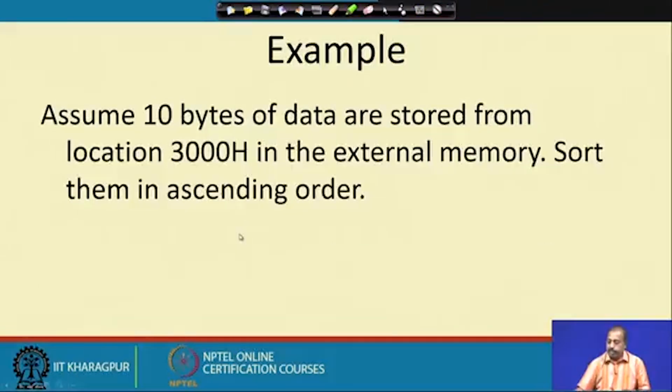So, we assume that there are 10 bytes of data stored from memory location 3000 hex in the external memory, and we want to sort them in ascending order. Okay. So, we want to do that. Now, how to do this type of programs? So, for doing this type of programs,